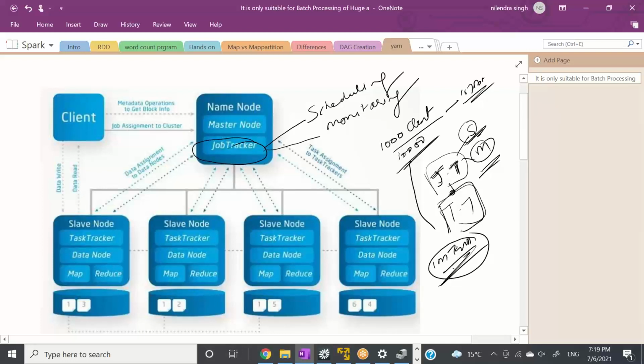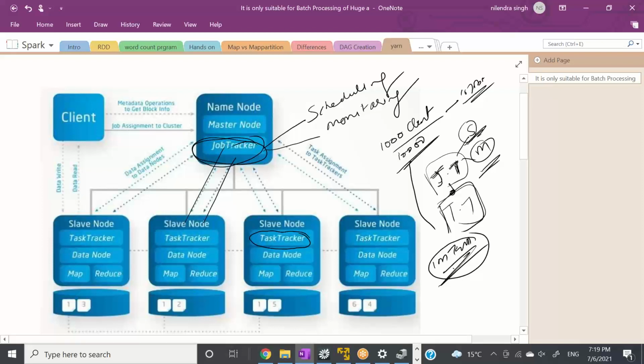And these task trackers will be running on your data nodes. So when you see here, we have task tracker here, we have job tracker here. Job tracker is doing the scheduling and it will create the task trackers, and task trackers are on data nodes. They will process something and report back to the job tracker. The job tracker will monitor, it will do everything it needs to do to make sure the job is successful. But here, the major drawback is the job tracker is very overwhelmed.